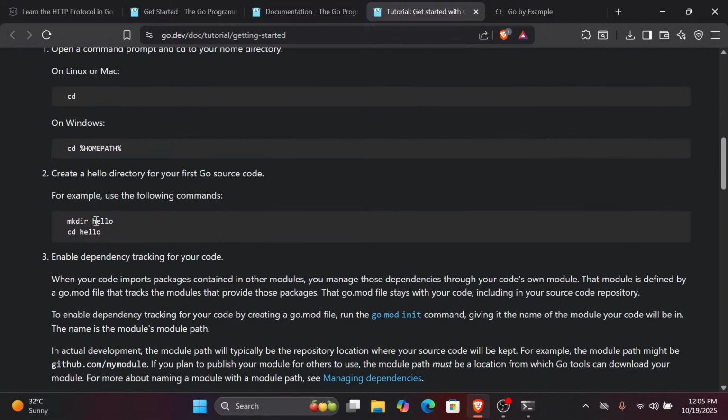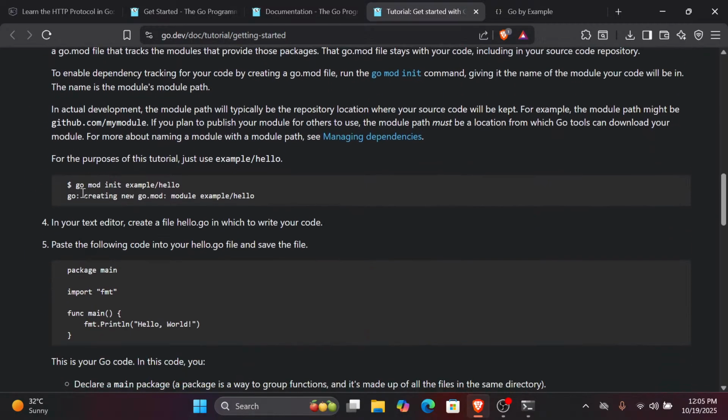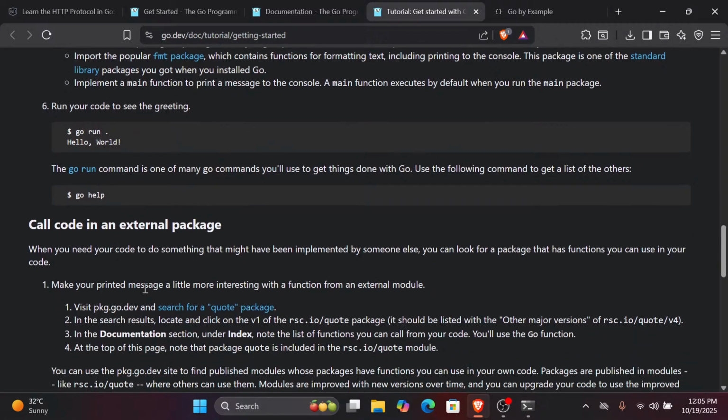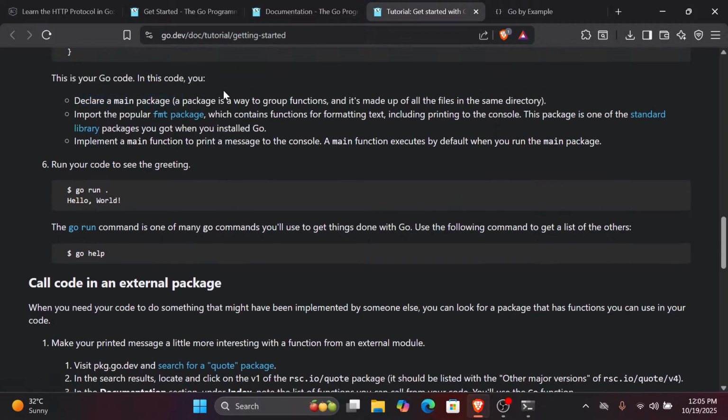Let's just leave this. Declare a main package. Packages group functions, and a package is made up of all the files in the same directory. Okay, I don't know exactly what's happening here, like all the files in the same directory. Like if I have a package main and